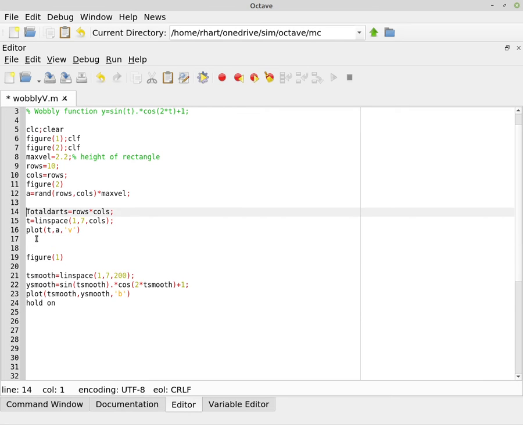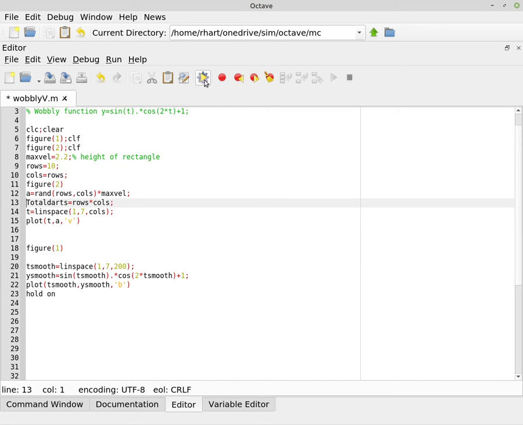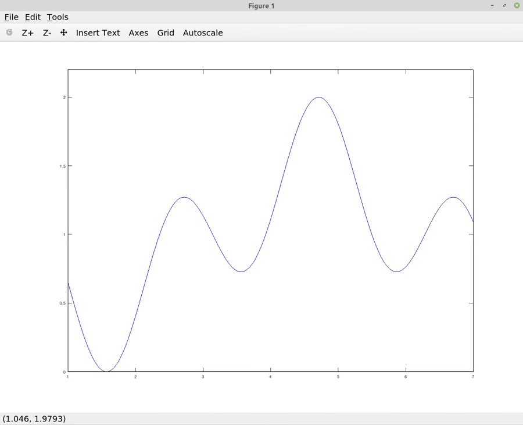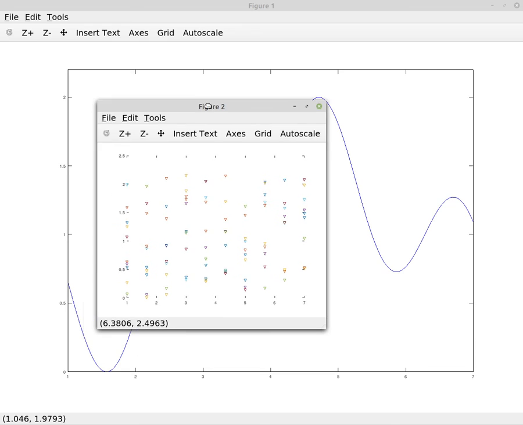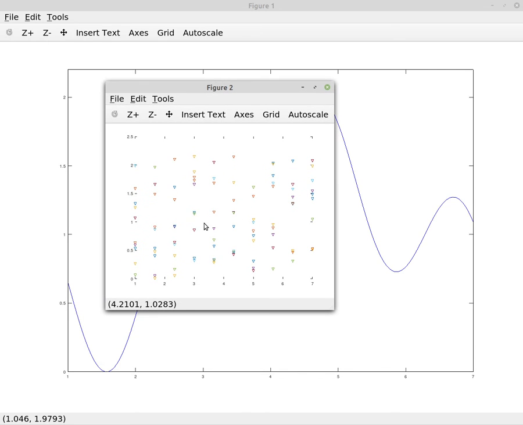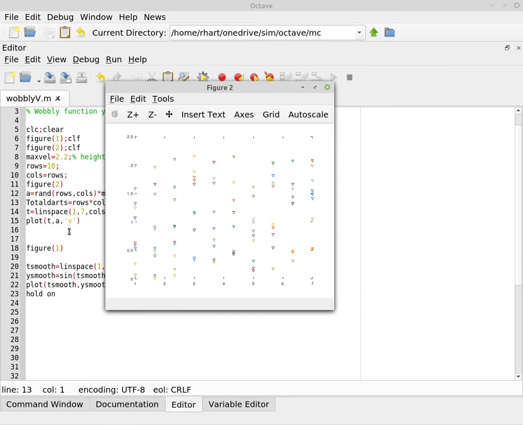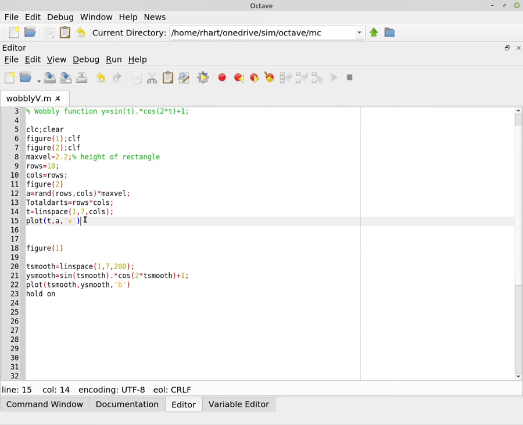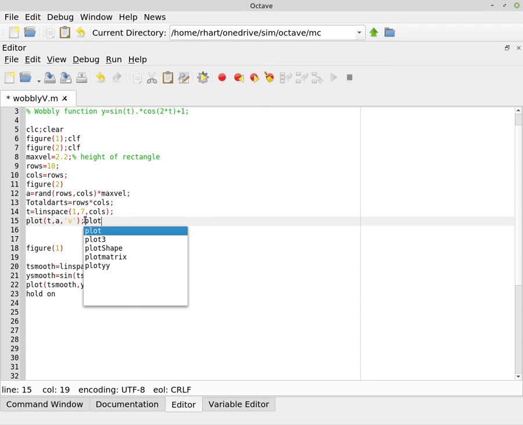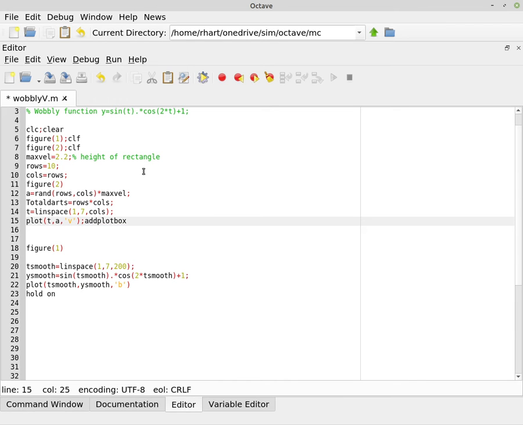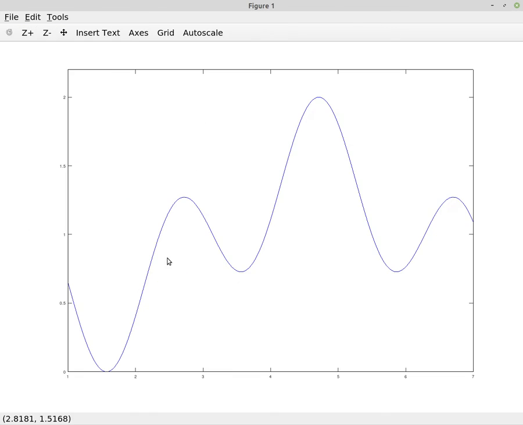Okay, I got to have it after my t vector. Otherwise it wouldn't plot. So just as a reminder, so here is my matrix, and again it didn't draw the blocks, so I threw that add plot box in there just so it would be in there. But so there's my figure 1,